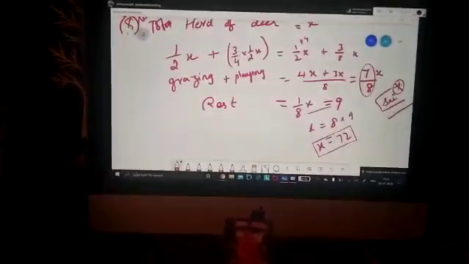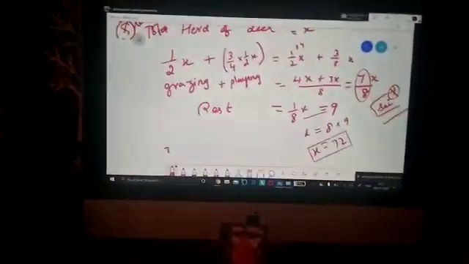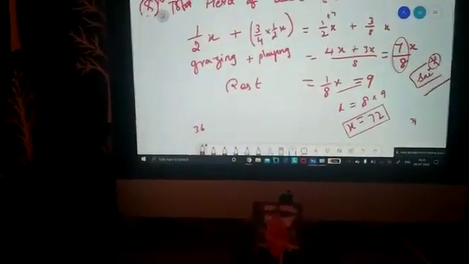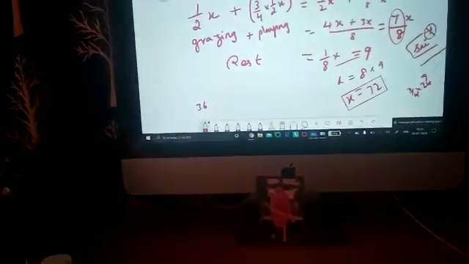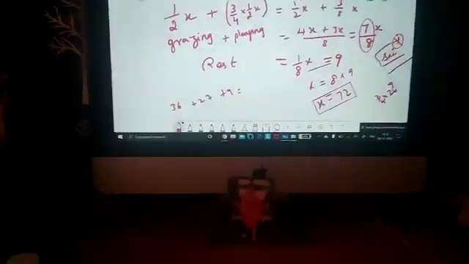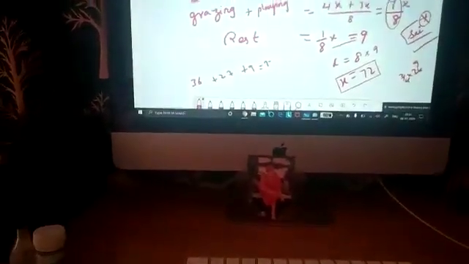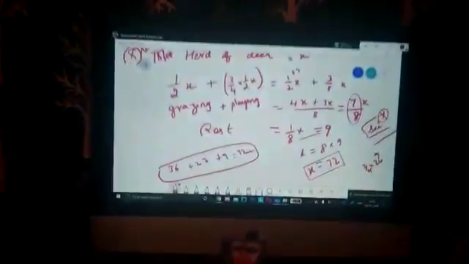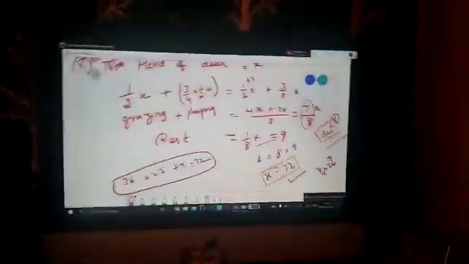In that, half are playing. Half means 36 are playing. And 3/4 of the half is 36, and 9 fours are 27. 27 are playing. And 9 are taking rest. So how much total are you getting? 72 is coming, see. Checking. You can check it. From the question, we can check whether our answer is correct. That is the beauty of algebra.